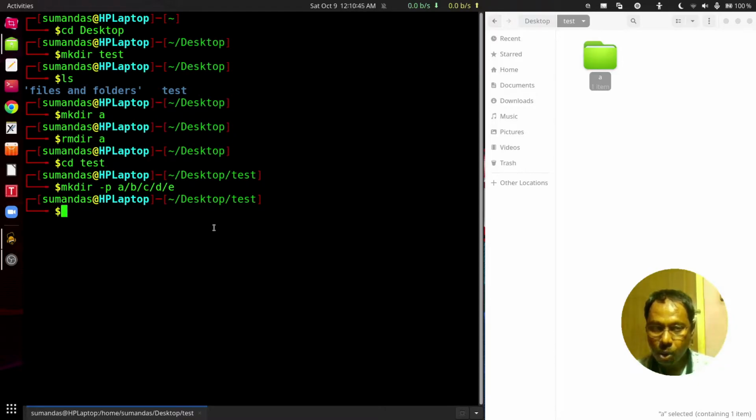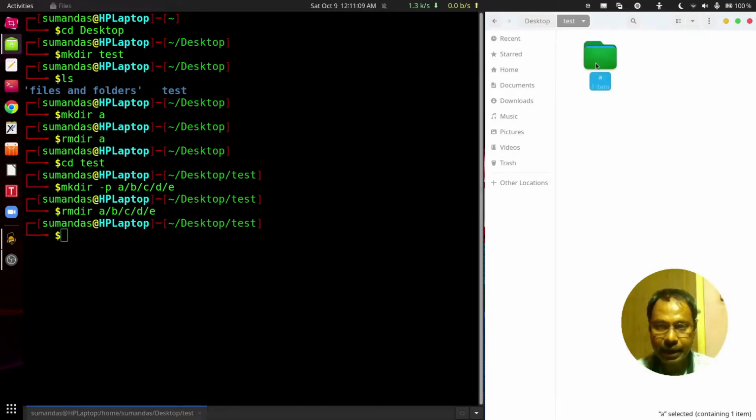Now if we want to remove the directory structure, we can use the rmdir command. Let's check what is happening if we use the rmdir command to remove the directory structure. So rmdir, then a/b/c/d/e. Press enter. No error happens, but we can see the directory A is present. Under directory A, the B is present.